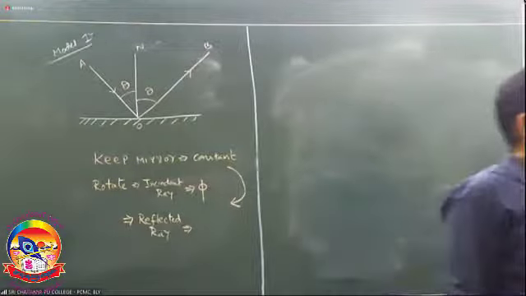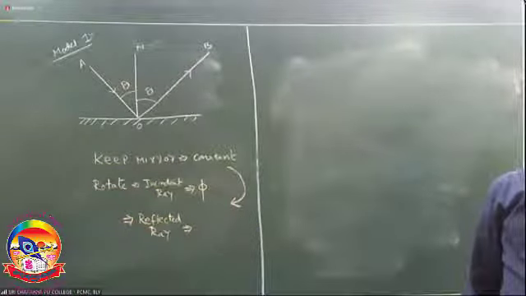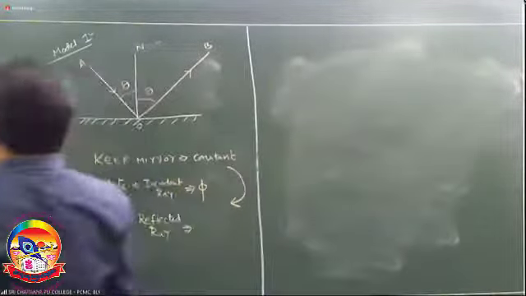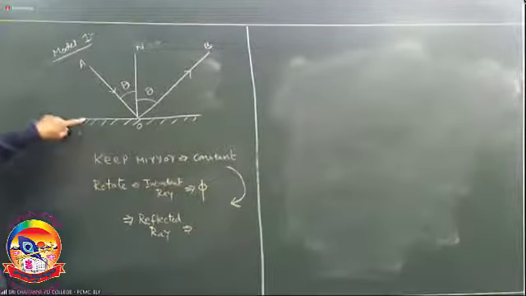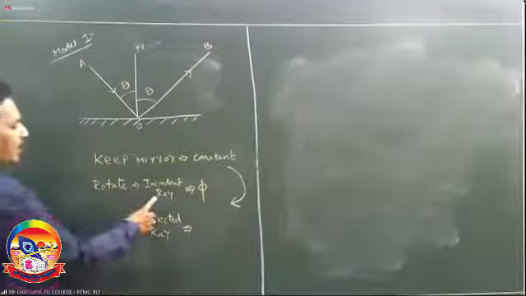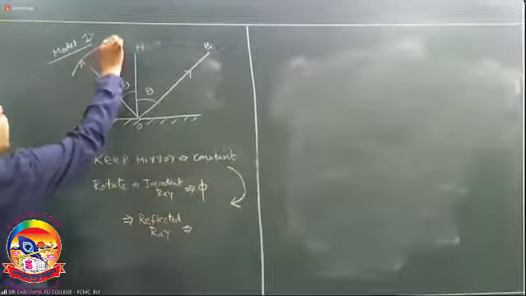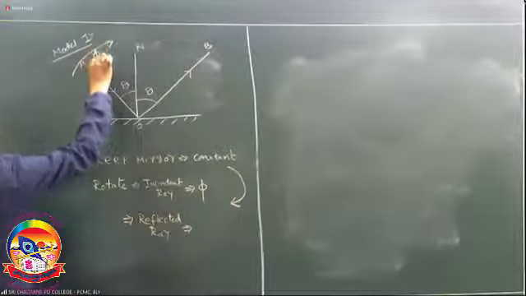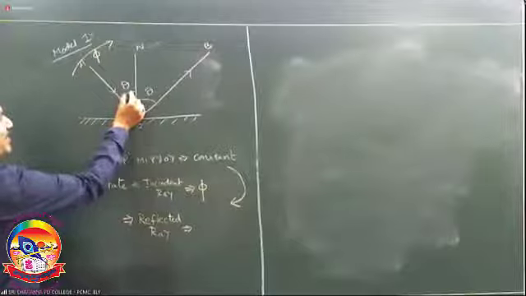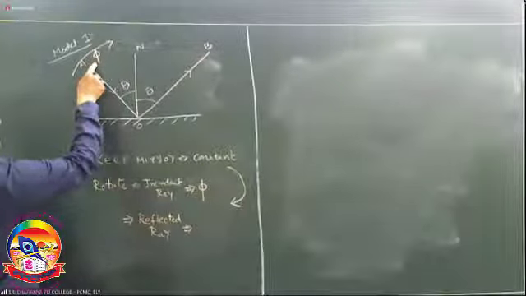Once I repeat, we can solve these problems even without keeping the pen on the paper. Slight confusion, that's all. Keeping the mirror constant, we are not moving it. The incident ray is rotated. How much? By phi, in the clockwise direction. Automatically, the angle of incidence decreases. Now the angle of incidence becomes theta minus phi.